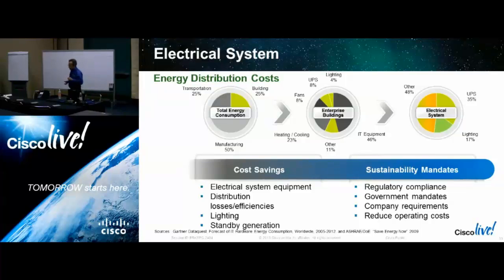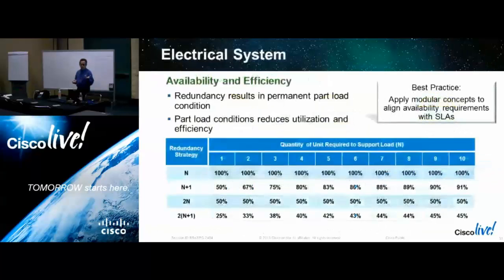So in terms of the electrical system, though, the same kinds of arguments apply as cooling. The life cycle of this equipment is long, and when you have maintenance cycles that you can actually attack it, you've got to think about the kinds of load factors and distribution factors that apply to it in your data hall. Think about the other parts of the data hall, the lights, the generators, and redundancy and